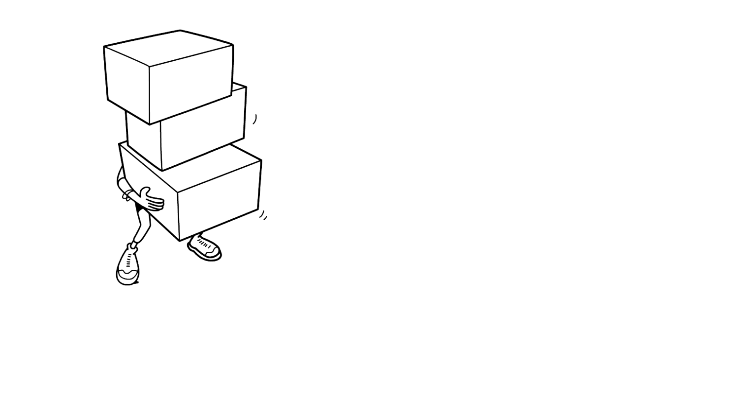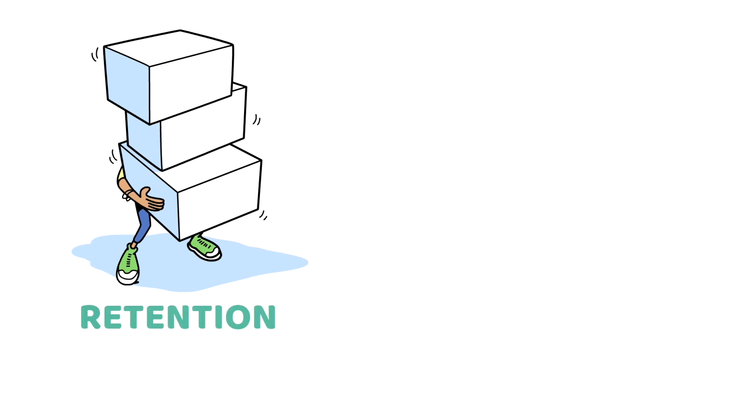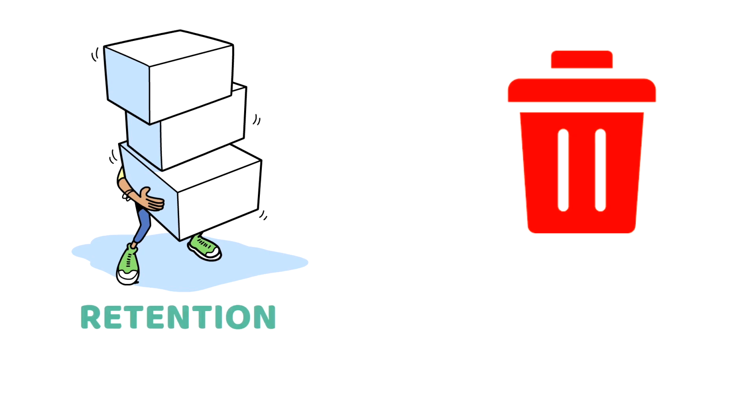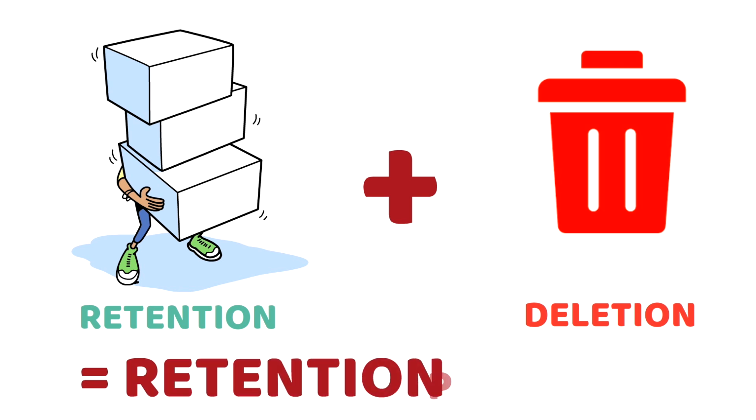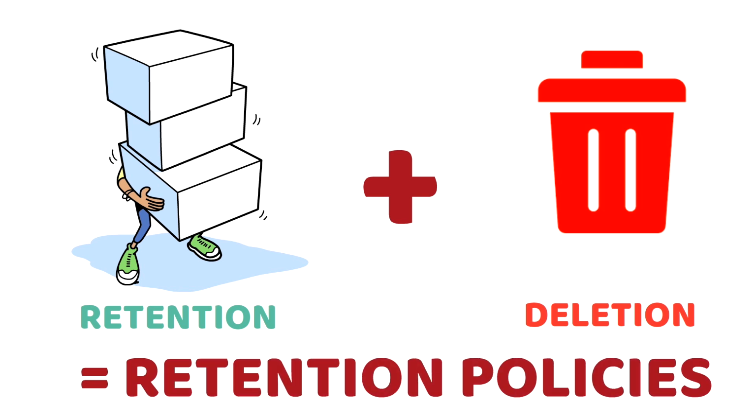Before we proceed, it's important to understand that we have retention, which is retaining the content, and deletion, which applies to when the content is deleted. Retention and deletion actions are part of the retention policies. Retention policies in Microsoft 365 aren't just about keeping content safe. They also control when the content should be deleted. Think of retention as preserving content for a set period and deletion as a controlled way to remove it once